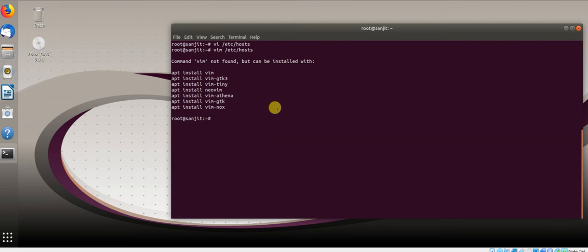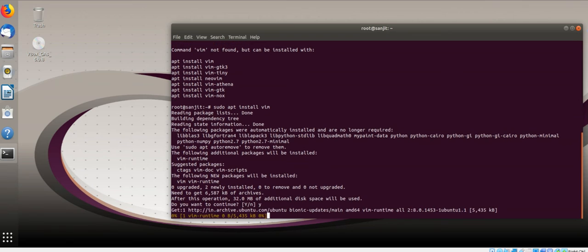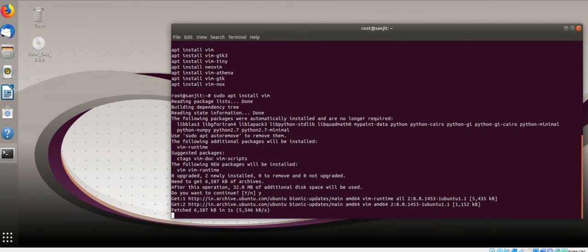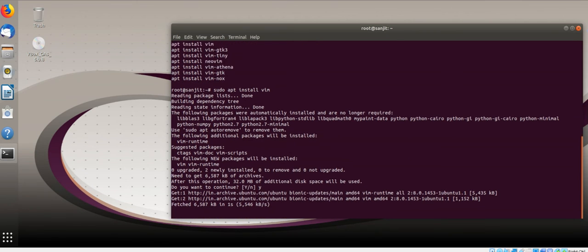You can see the vim editor is not here. Let me install it: sudo apt install vim. Hit y. Vim is far better compared to the vi editor, so let's use that.